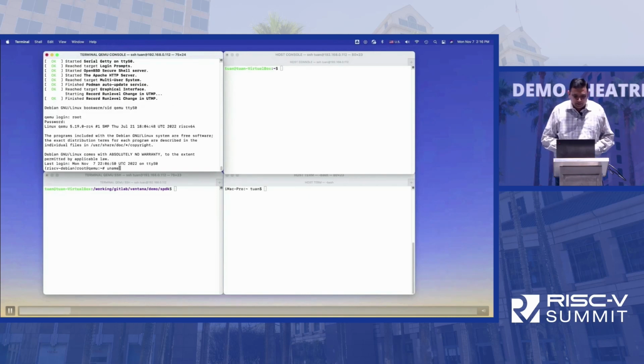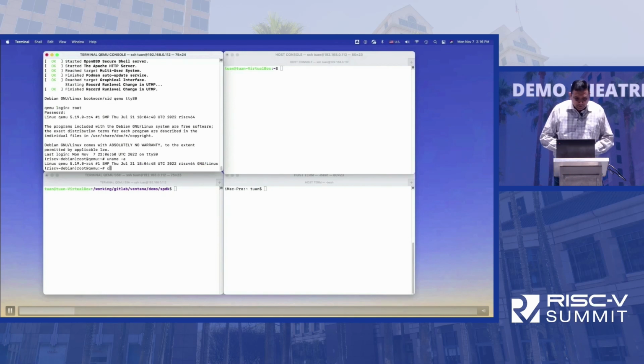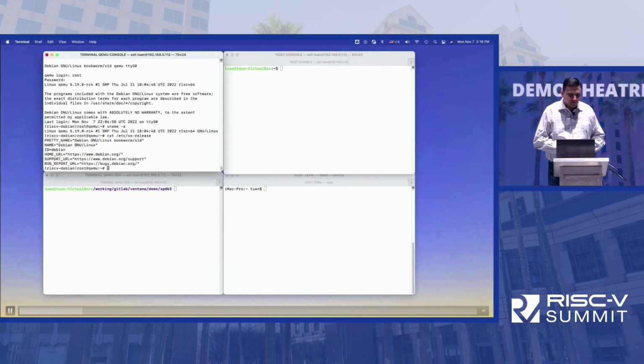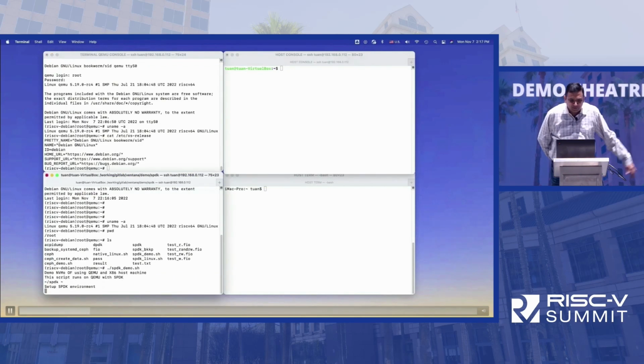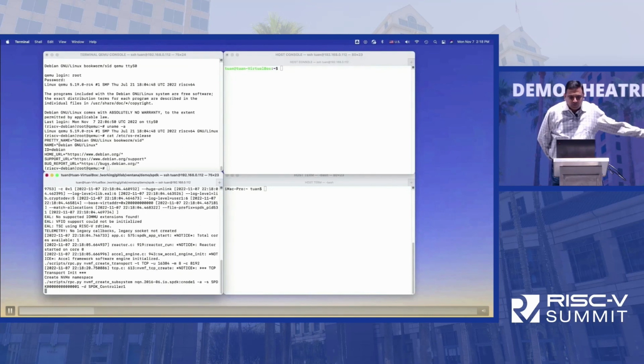And yep, there you see it's a QEMU-based system, and then you will see the releases as well, which should show Debian. Yeah, it shows a Debian kernel there. And then we'll start on the bottom will be the SPDK demo. So when the